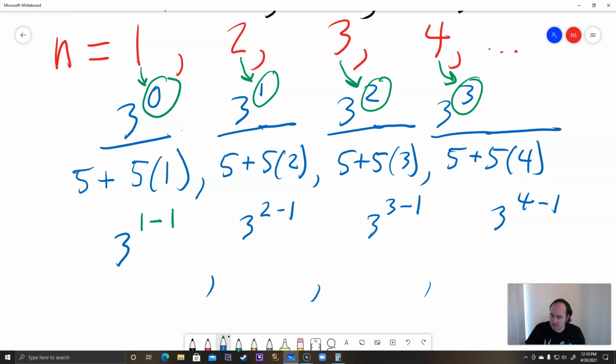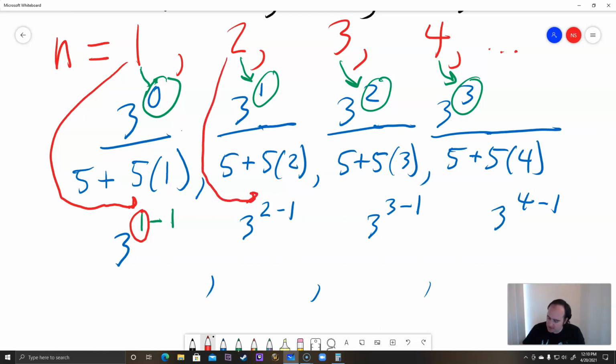Okay, and then we can see that we're actually plugging in the correct thing, because we're actually plugging in n there. So now we're good. So here we're plugging in 1 there. We're plugging in 2. Here we're plugging in